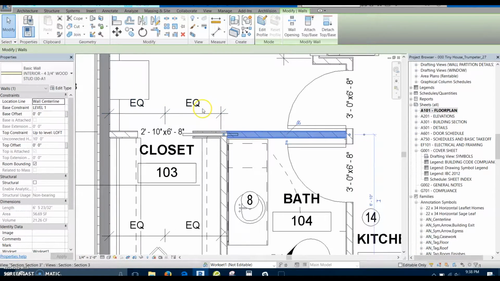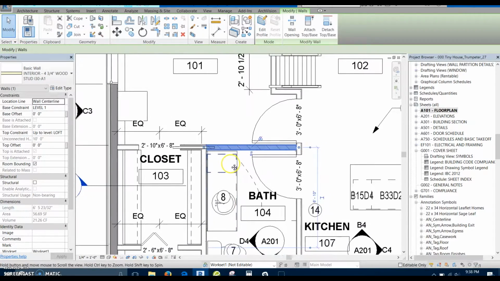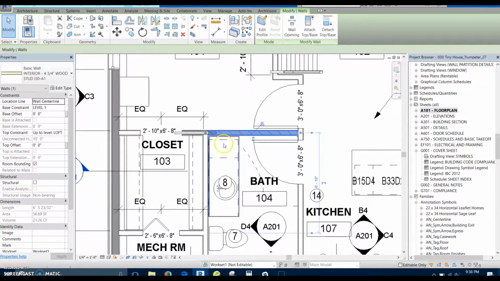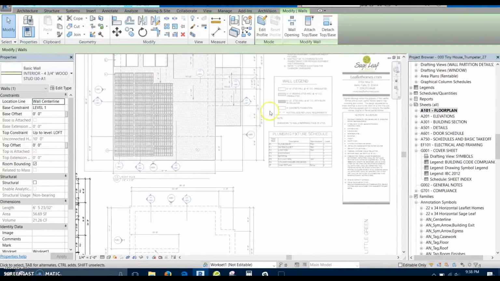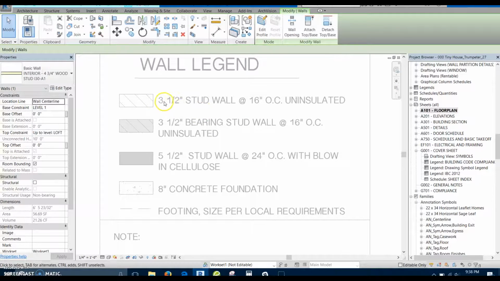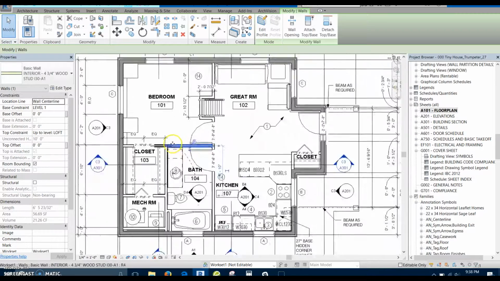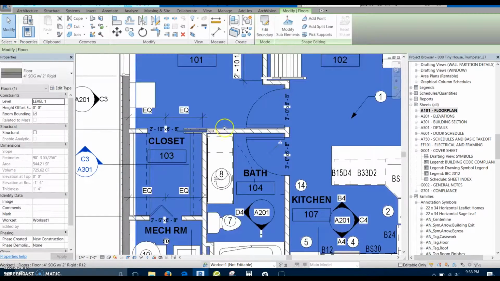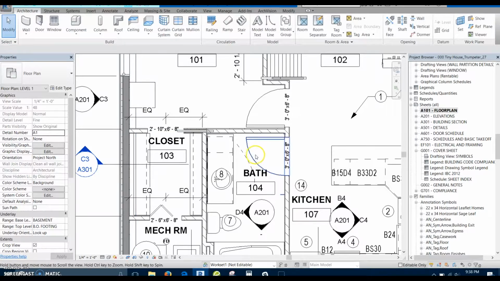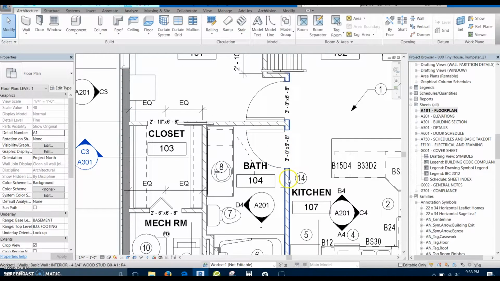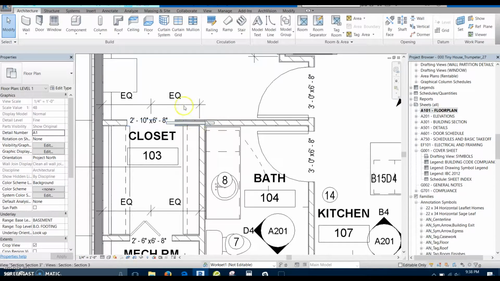The reason I did it a little bit differently was because not all of these walls were load bearing. So if we come back over to our wall schedule, 3.5-inch stud wall, 16 inches on center, uninsulated. But then this other one here is a bearing stud wall. So that's why I did this one a little bit different than I did the exterior walls. So all those walls have the diagonal cross line,